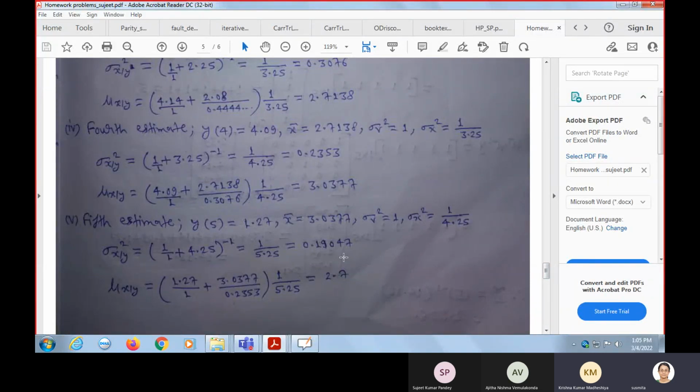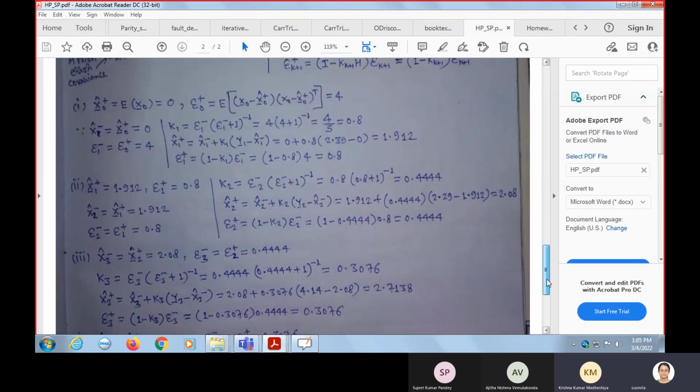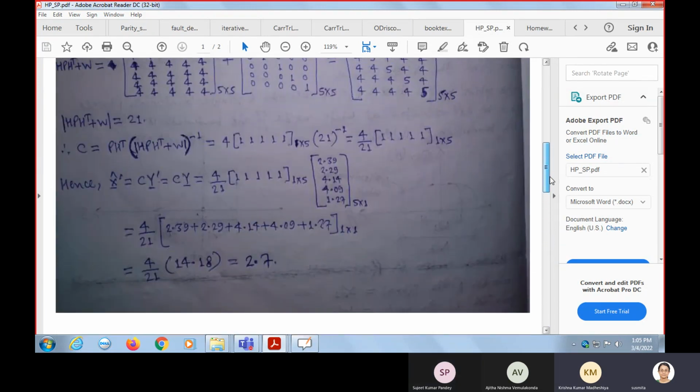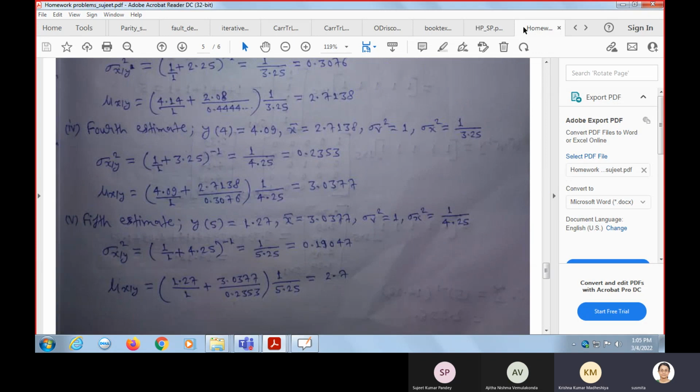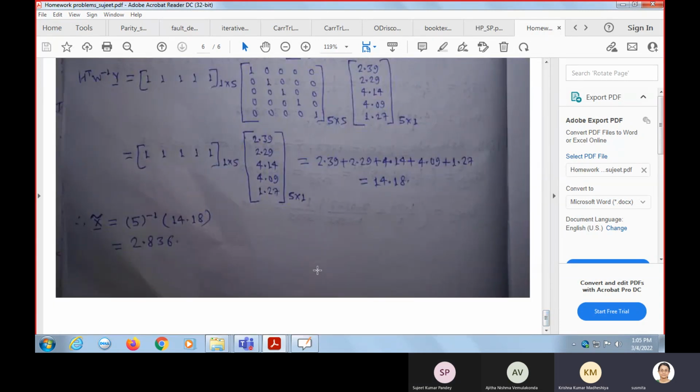Shujit, anything else you want to say? That you have not done two things. You have not found the error covariance for linear minimum mean square error. You should also find the error covariance for weighted least squares, which you did not do last time. You should do that. Whenever you are asked to compare two estimators, you should consider error covariance also. And you also did not say anything about the comparison of the estimators. That is also missing in your homework.